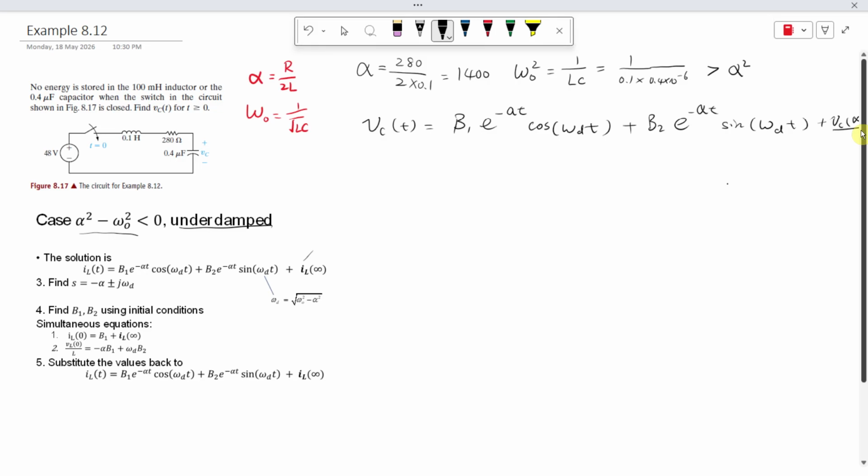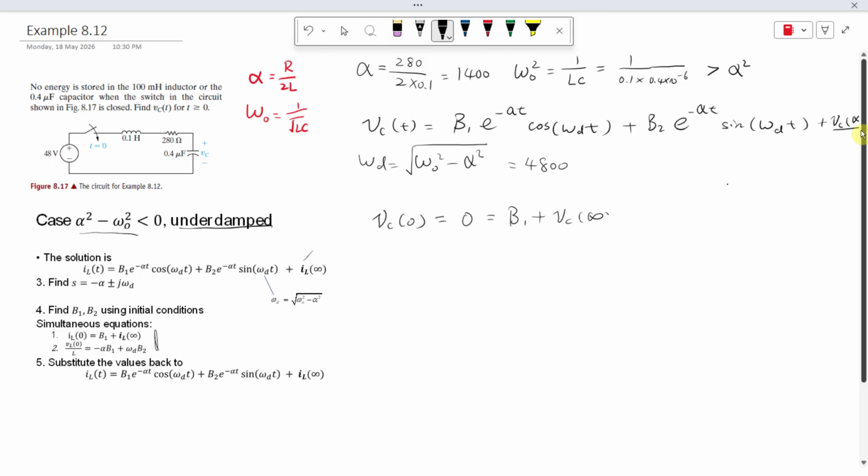the parameters. We know alpha already. Something we don't know yet is omega d, which is the square root of omega 0 squared minus alpha squared. Okay, you plug in the numbers, and that is 4800. Now B1 and B2. Then we're going to use these. First we have the initial value of the capacitor voltage. If you look at that, there's no energy, so we know that's equal to 0, and that's equal to B1 plus